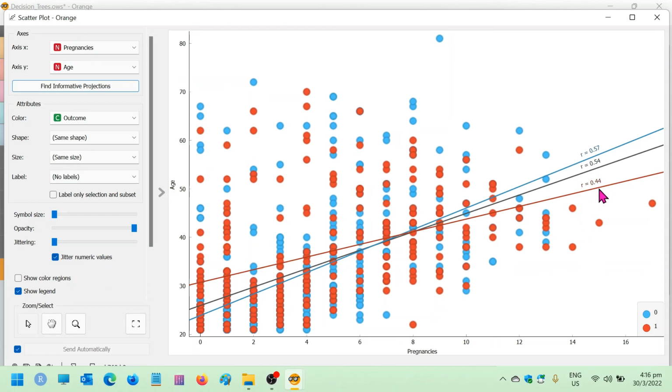You can see that the correlation coefficient is slightly stronger than the previous one, and for the diabetic it is 0.44, non-diabetic 0.57, and the average is 0.54. So there's a little bit of a moderate positive correlation between pregnancies and age, all right, both for diabetic and non-diabetic. Okay, so I'm going to close this scatter plot now,